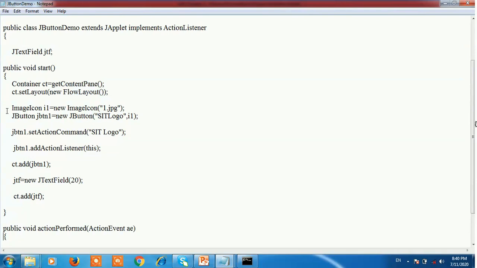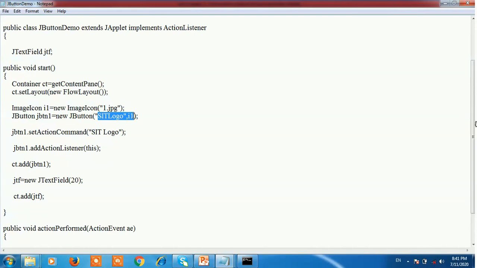Then create an ImageIcon object, ImageIcon i1 is equal to new ImageIcon, with the name of the image, 1.jpg. Here we can use the name of the image or we can pass the URL of the image. Then create a JButton object, jbtn1 is equal to new JButton, having two parameters.